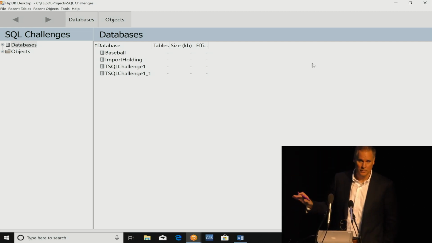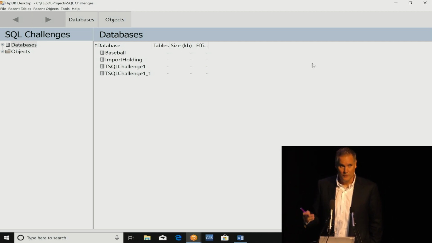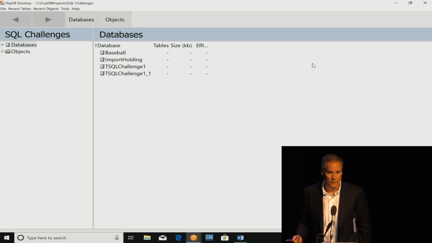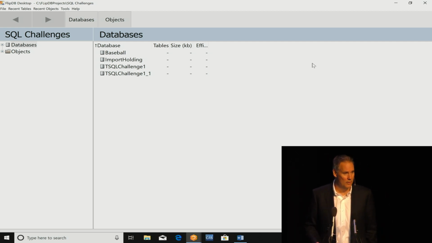FlipDB has a relational database backend, all built in Dyalog APL. It's an inverted or column store database, which is very trendy now. Of course, in APL, we've been doing that for 30, 40, 50 years, but now they call it a column store. And one of the things about a column store is it doesn't really make much difference unless you have